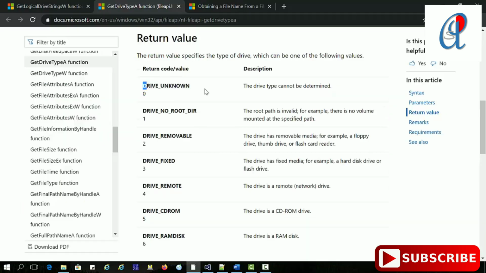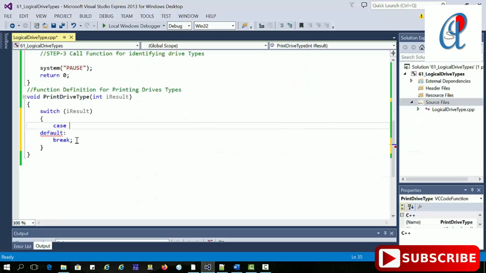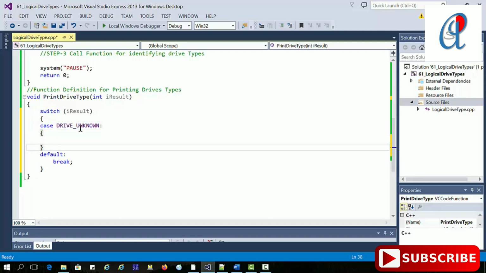The first case is drive unknown, so just type it. And see, I'm using wcout here for printing wide characters. If you use cout, then it will print the hexadecimal of the drive name.